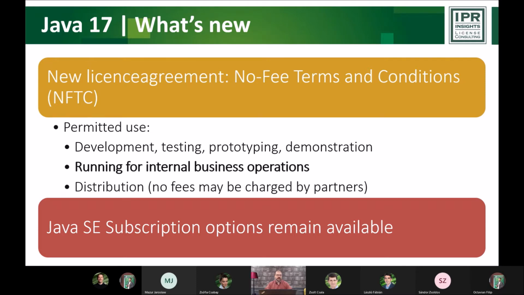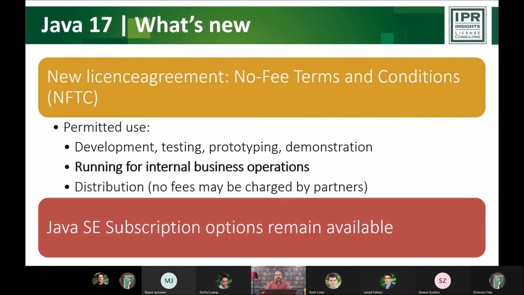Probably it's a protection measure against unwanted costs. Oracle didn't want the benefits of the no fee terms and condition license agreement to be lost for customers by maybe some distributors charging an equivalent amount to the previous fees, and customers not getting the benefit. I think that's the reason behind this point in the agreement. But other than that, it's very standard. It's a very compact agreement. It's about a page in length, so it's really something very, very short and concise.